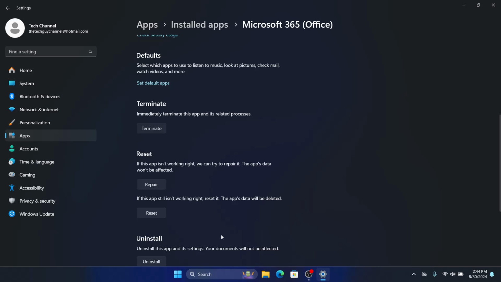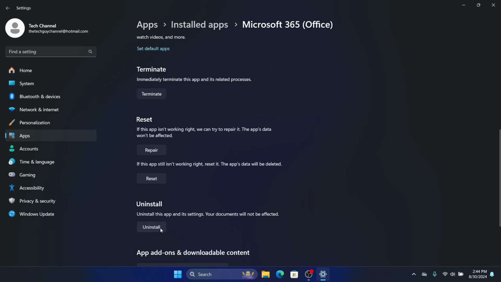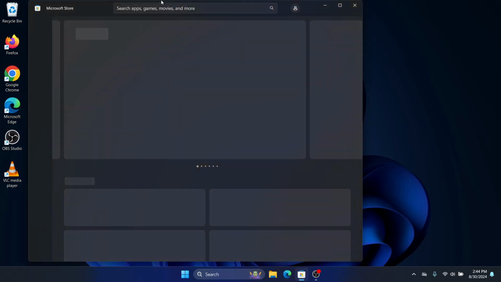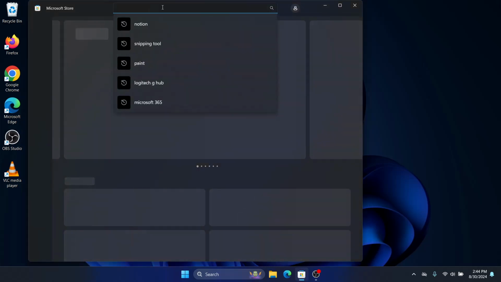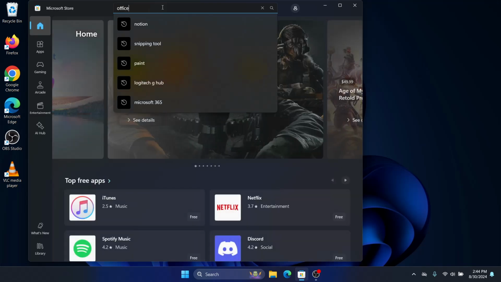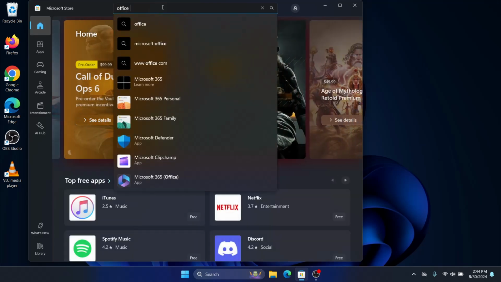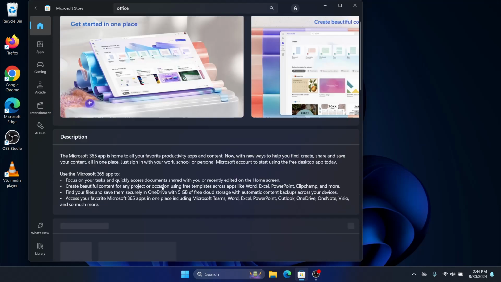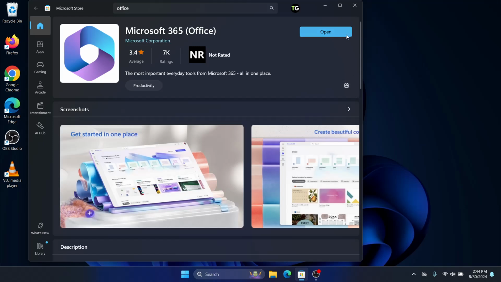reinstall the 365 suite. We can do that by pressing on uninstall in this same panel, apps, installed apps, and clicking on uninstall. And after we uninstall, we go to Microsoft stores, we look for Office 365 here and we will download the required file. Here for me it's already installed, so I will press on get and it should get